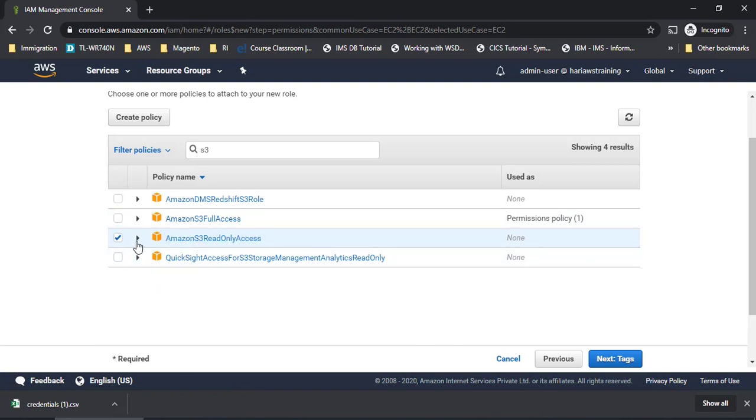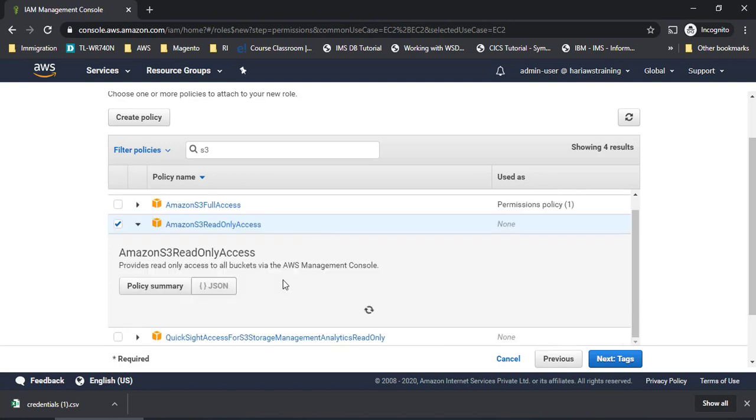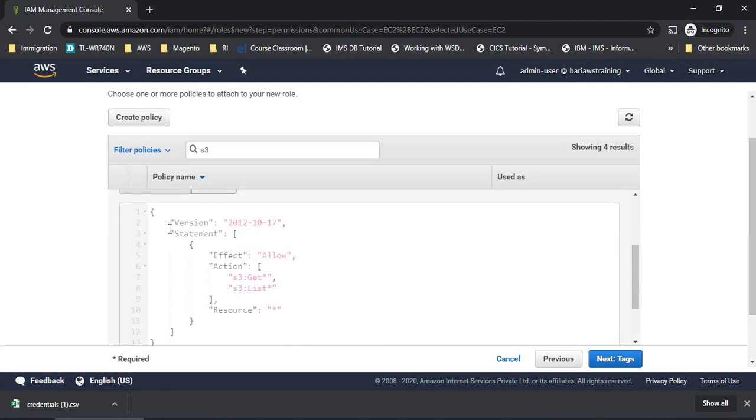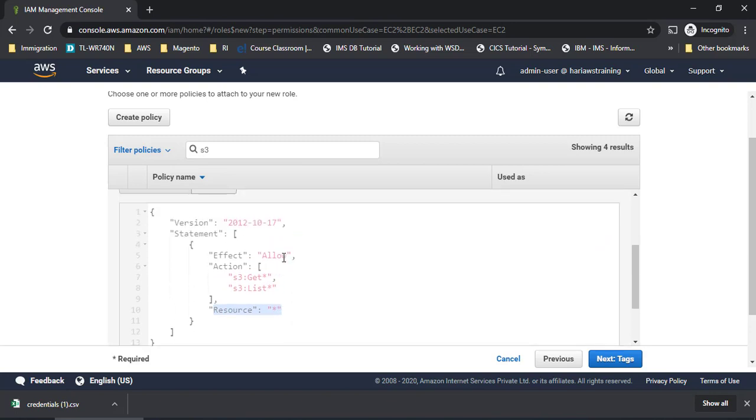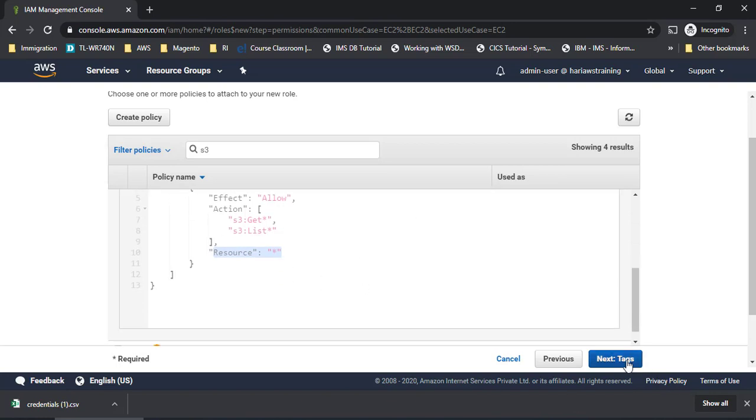And as you already know, we can see the JSON policy here to understand in more detail what is written over here. Now I think you should be able to understand the JSON as well. It shows effect allow. So what do you want to allow? You want to allow a few permissions like S3 get and S3 list. So this is nothing but whatever is related to buckets, like reading the bucket or opening the list of items in the bucket. That is what you can access, not all, right? And for resource, when I give star, it will be for all, right? So I can give an ARN here to restrict it to only one particular resource. For now it is all, and then I'll go to tags.